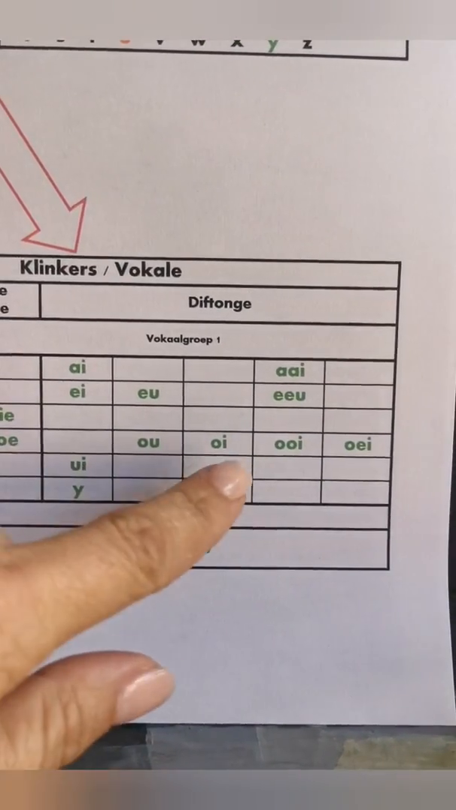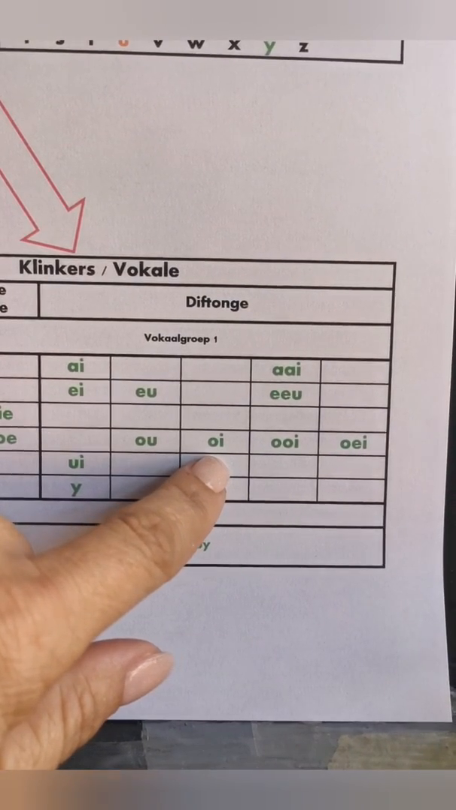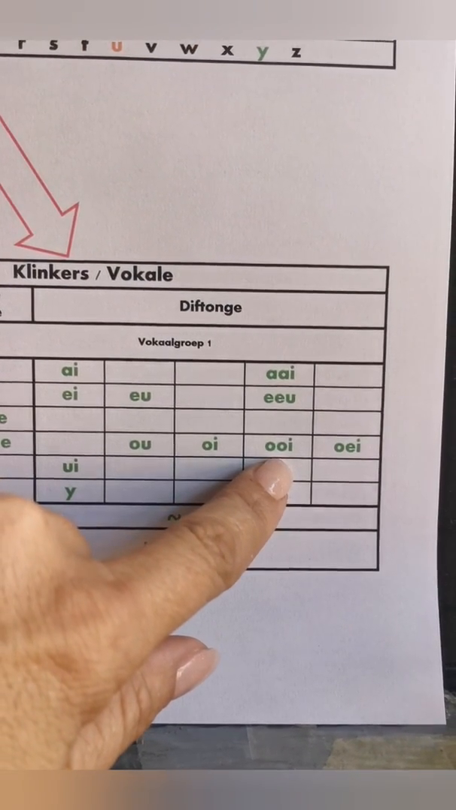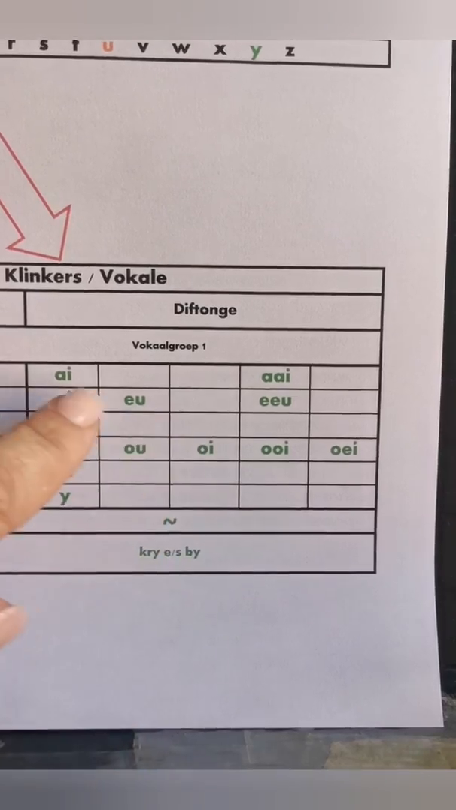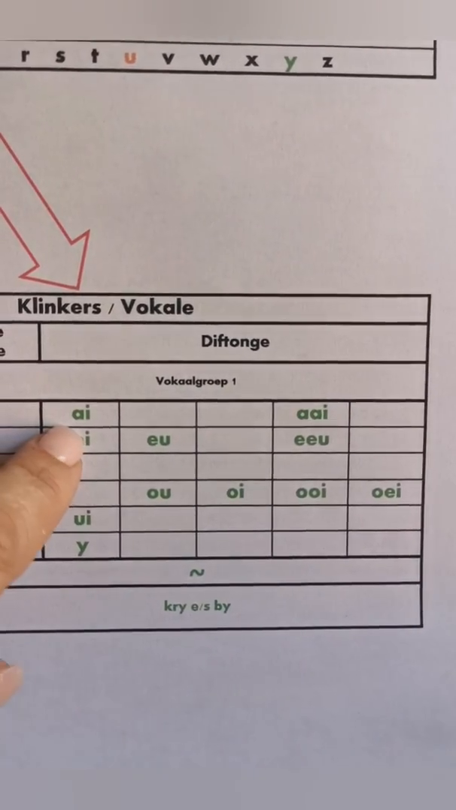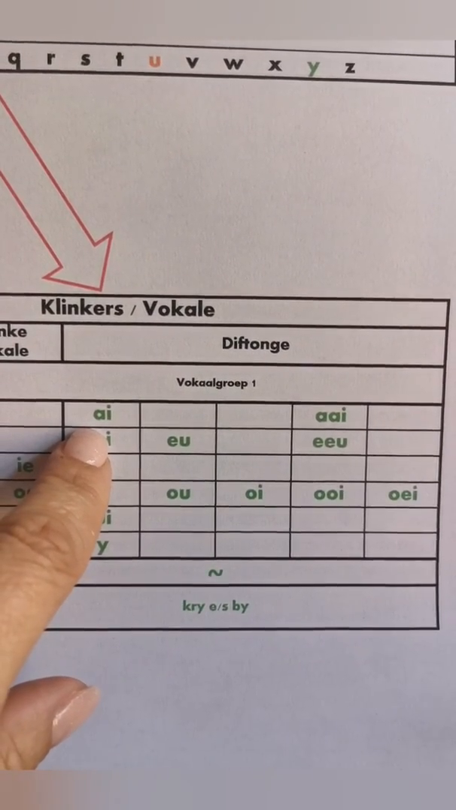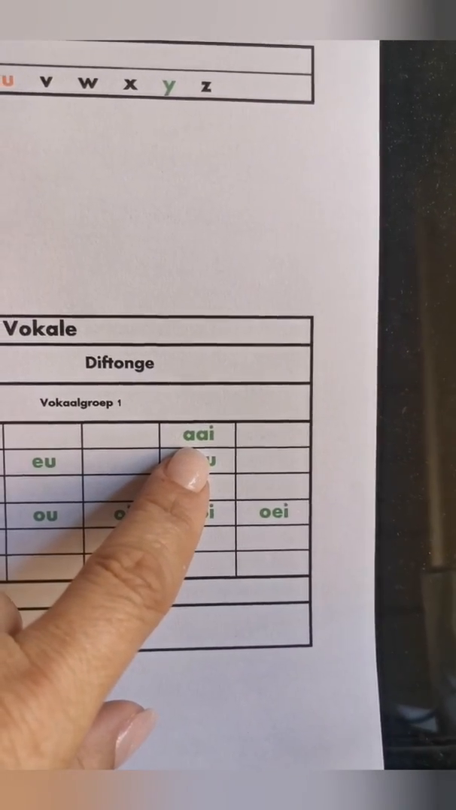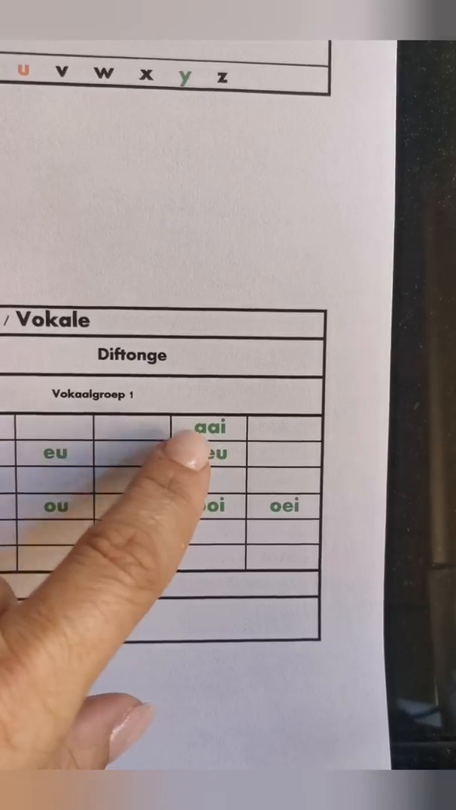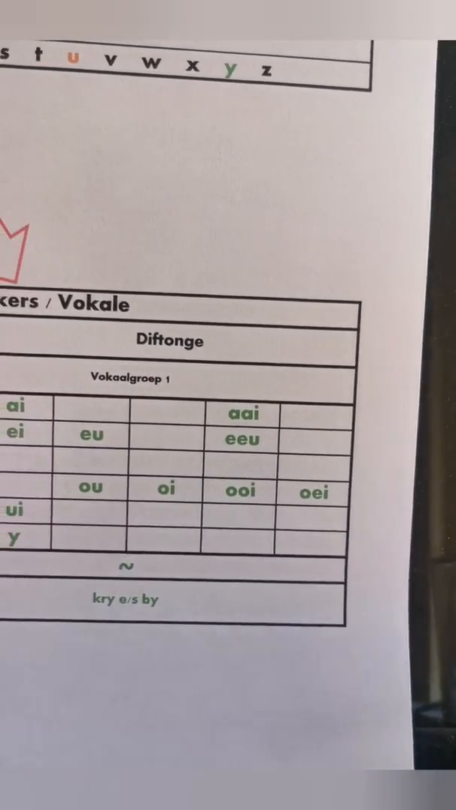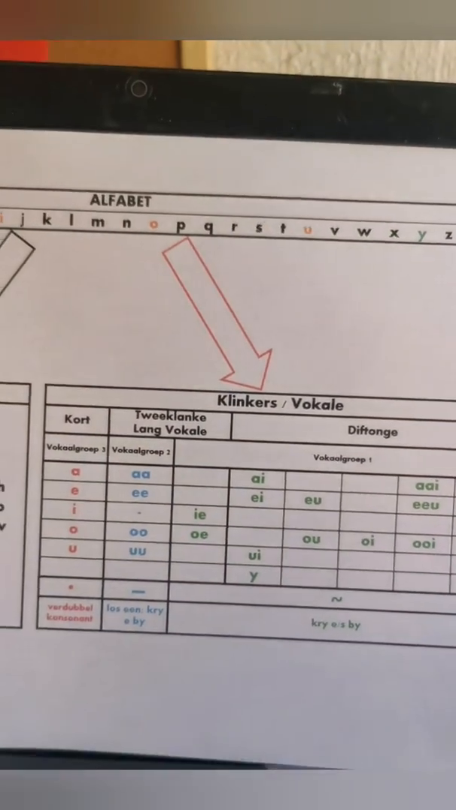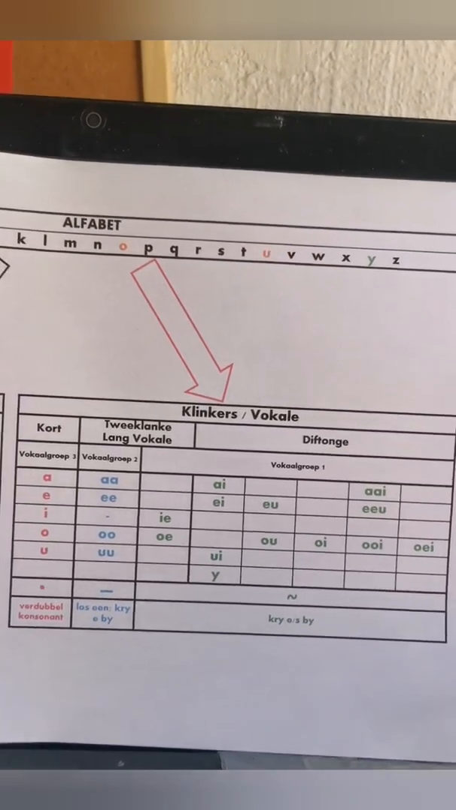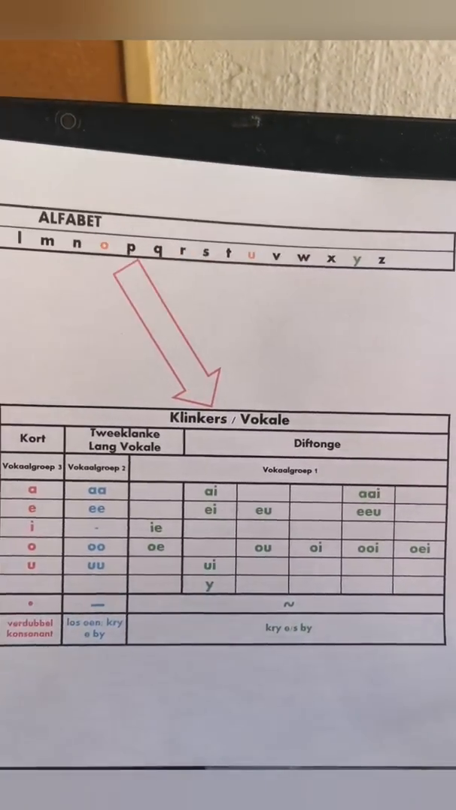Just a note again, remember this one is short, oi. This one is long, oi. This one here is short as in I. This one is long as in I. Right. Okay, so those are the vowel sounds. One quick, I just want to end this lesson